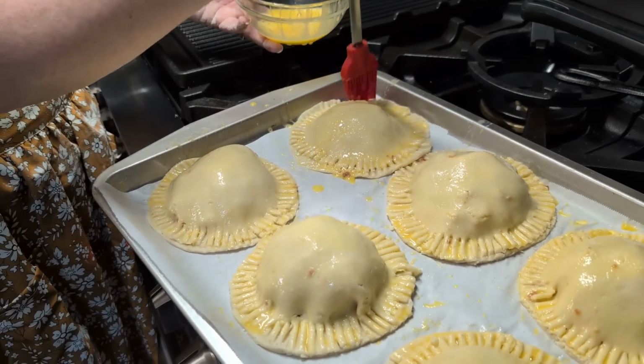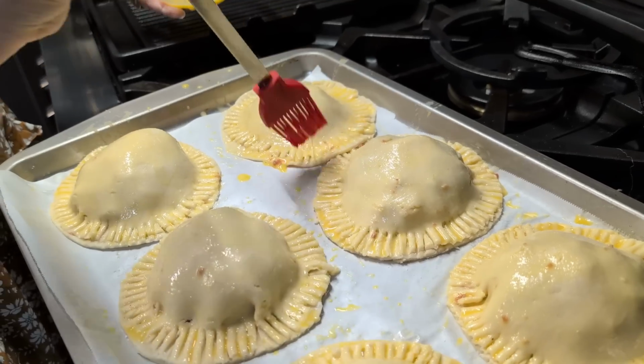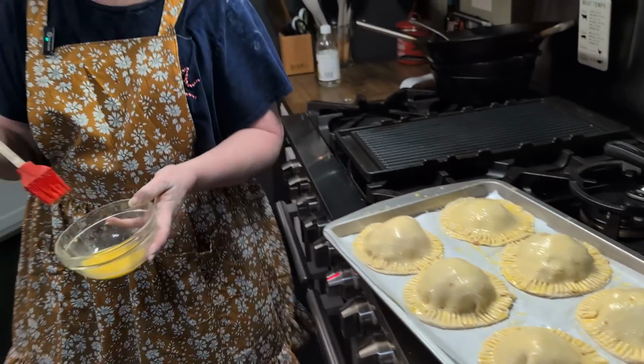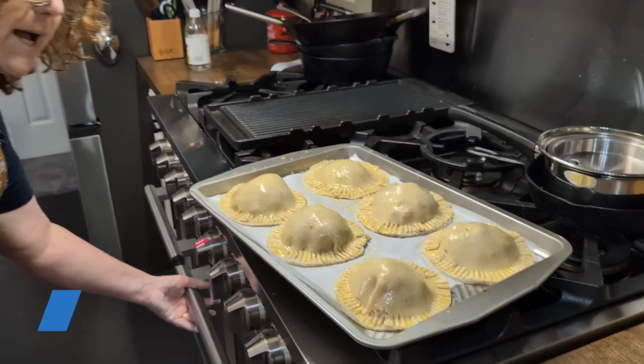Now, your pasties may not look this yellow. Remember, we have our own chickens, and so the yellow of our eggs, or the yolk, is a lot more yellow than the store eggs. If you're wondering why they look so bright and sunny,